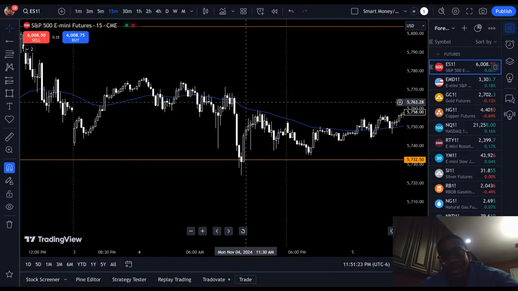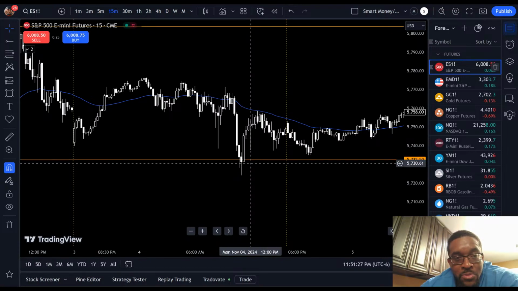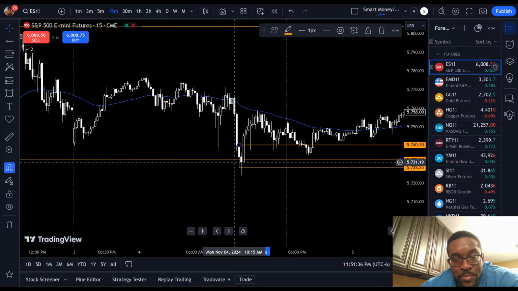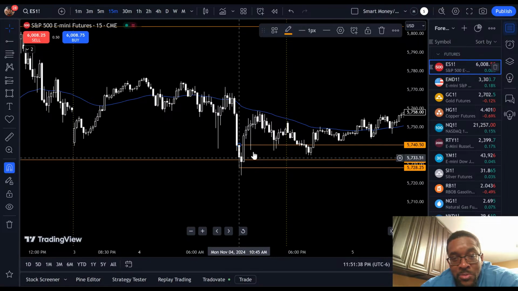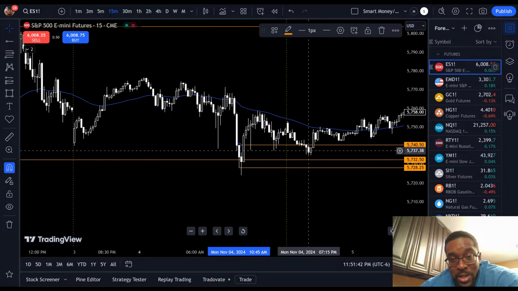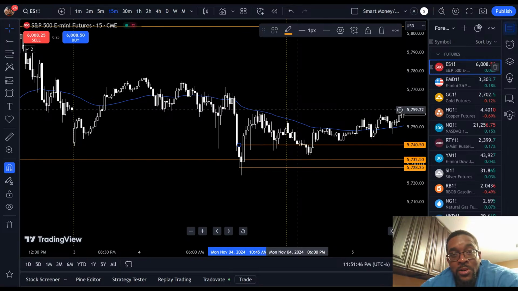All right. So as you can see, this is where the sweep came, and then we got another smaller sweep right here on the 15-minute time frame, and we marked that. Once we get that sweep, the candle that got swept pretty much becomes your order block, and we take the trade right up in here. Pretty simple, right?